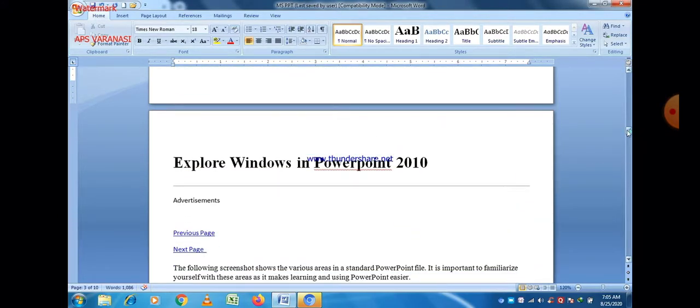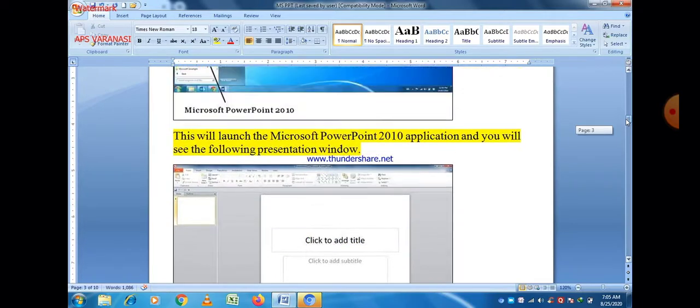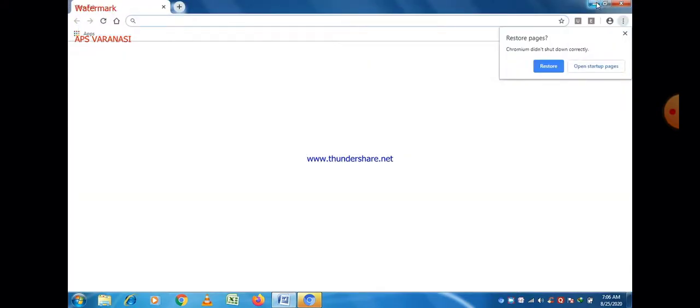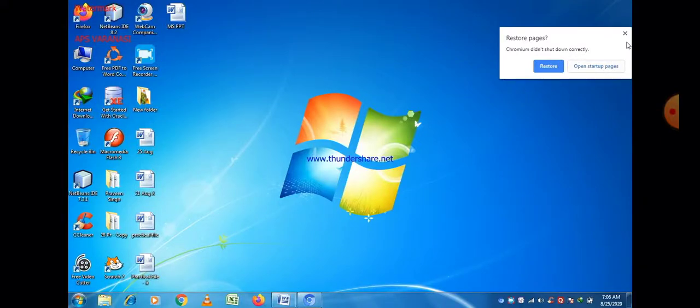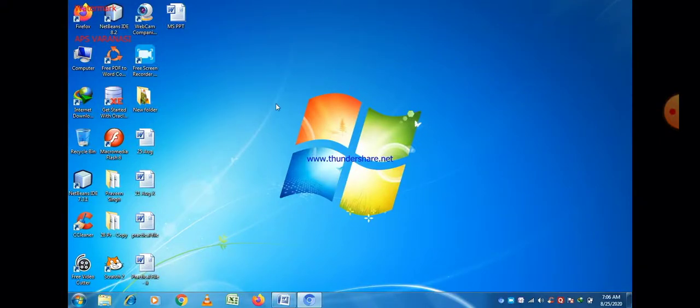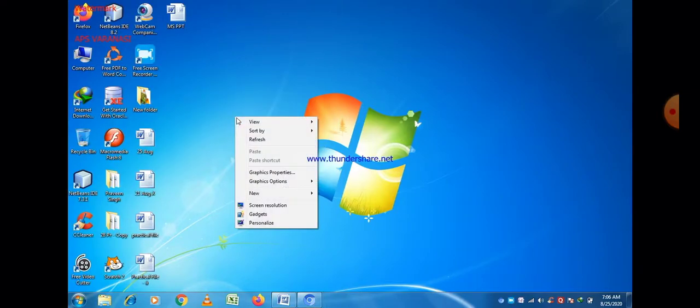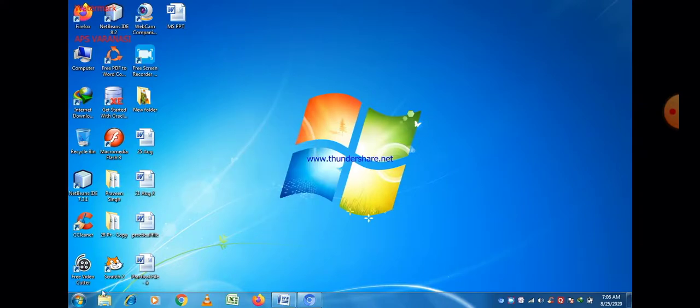Now there is another method to open PowerPoint. I will give you the idea of that. Just right click of the mouse and go to New.